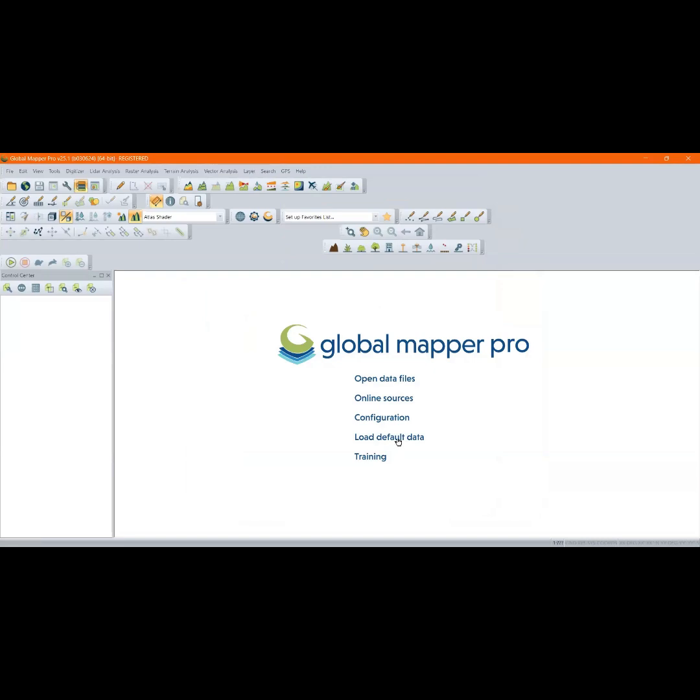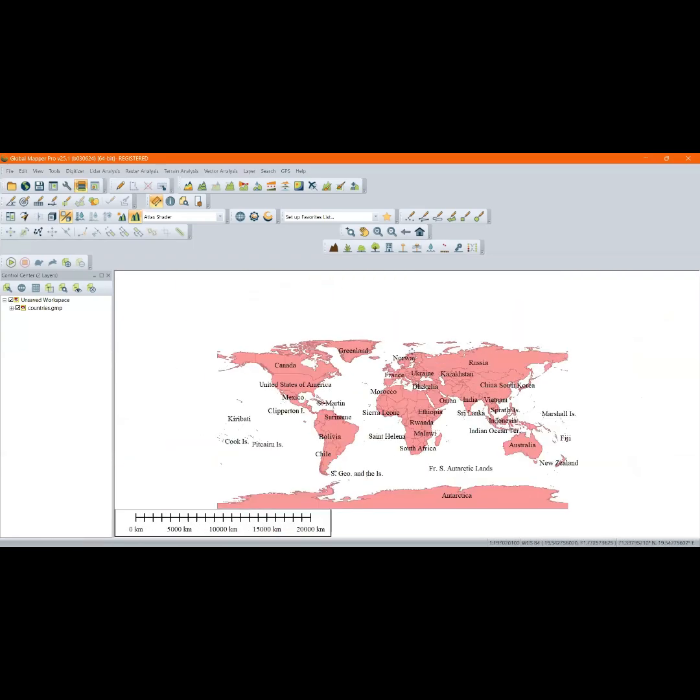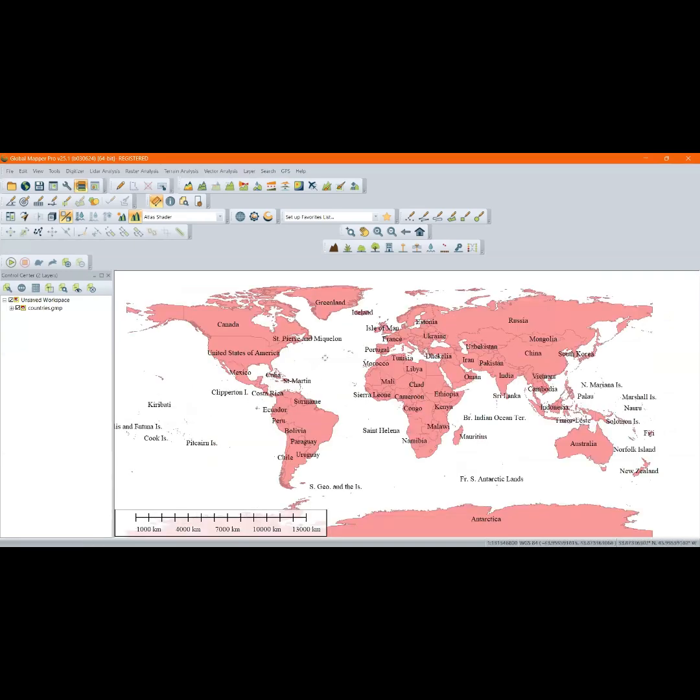Then after that, there is something else that is called load default data. In loading default data, it means you're just loading a sample vector layer that has the whole world. This is the whole world in a single piece. Ideally, this one is of no use. It is just used for practice, and it is going also to give you just a sense of how the